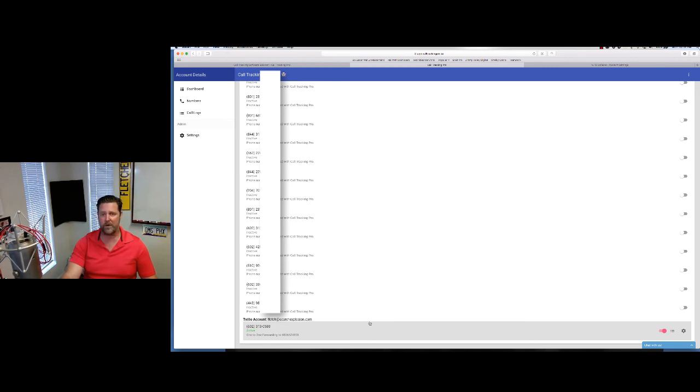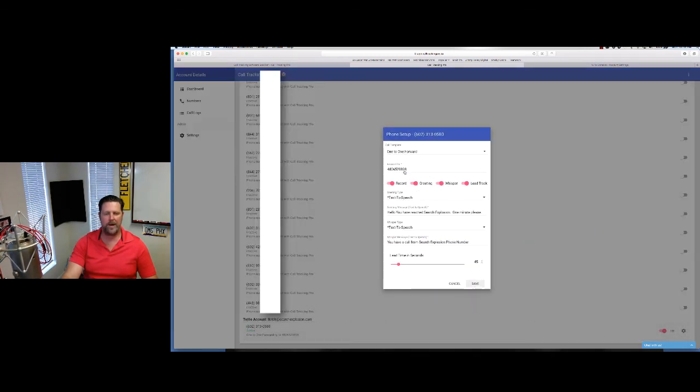Pretty simple, pretty straightforward. We, like I said, got more features on the way, but the simplest configuration with all the options, the one-to-one, the greeting, the whisper, the lead tracking, and the recording are all in place, okay? One thing I did want to mention, let's go back in here and edit this. So you'll just click on the gear, I'm sorry, to edit this phone number. Since I mentioned that because we're recording this, sometimes you need to be a little more